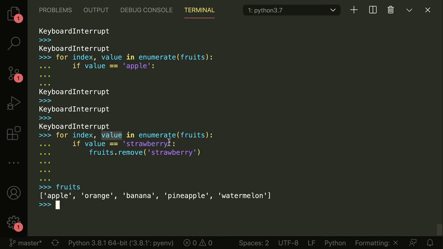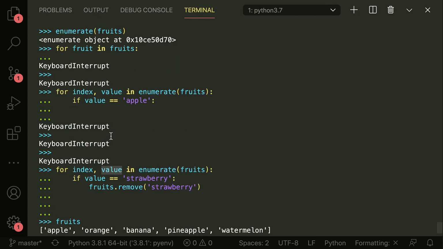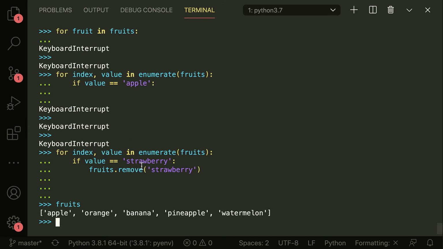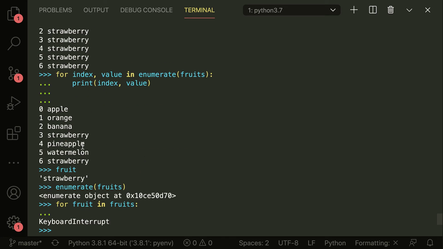So same thing here. We also have this colon, which denotes this is the code block for the for loop. And then in the for loop, we have another condition, so this is basically a nested code block. This condition says if the value, which is these guys, the apple, orange, banana, strawberry, pineapple, watermelon, strawberry, if the value is equal to strawberry, which 2 of them are, as I said,